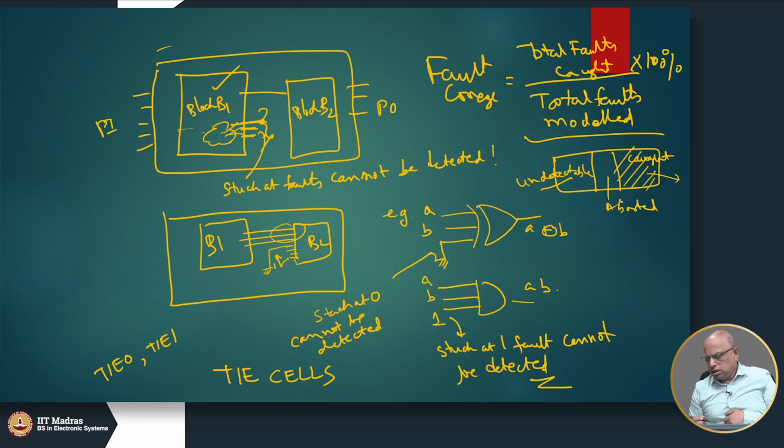So, in the industry, we should be able to explain why certain faults cannot be caught. Okay. We can't do much about this, right, but we should be able to explain why these faults cannot be detected,